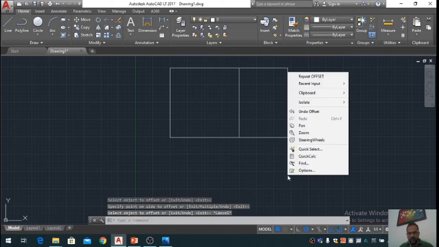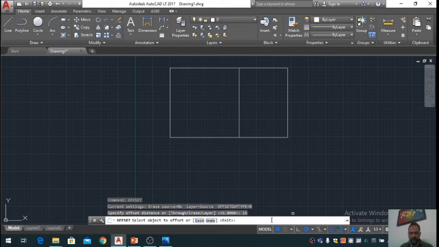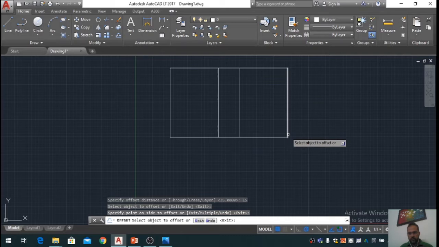You can right click of the mouse to repeat offset, and now the offset distance is 15. You want to offset this one to this side. So we have offset this vertical line at 35, and then this horizontal line at 15.